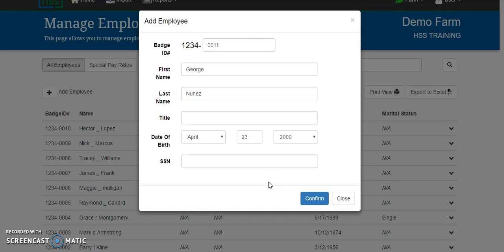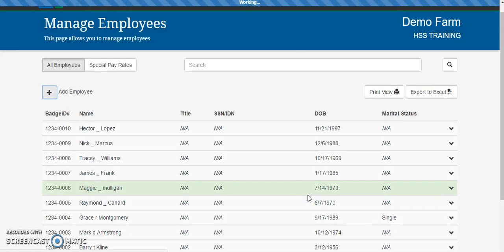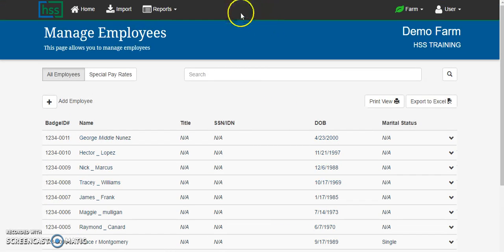Once clicking the Confirm button, this employee has been permanently added to your farm's online database. You will notice that it said working at the top of the screen, and when it is done working, the new employee will be refreshed onto the page, showing the badge number that you selected, the employee's name, and date